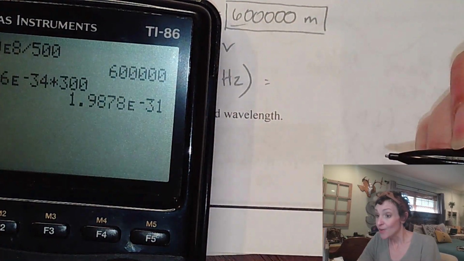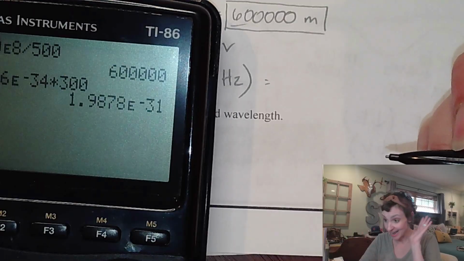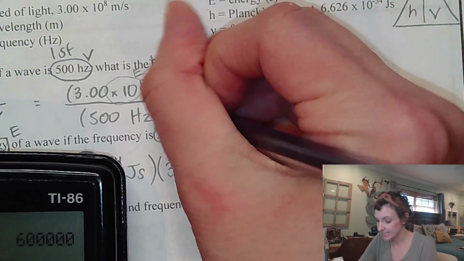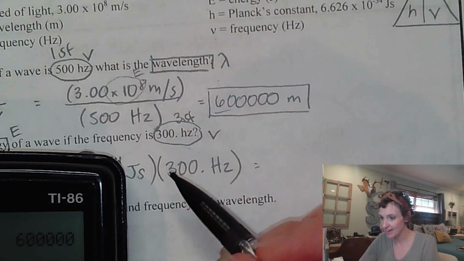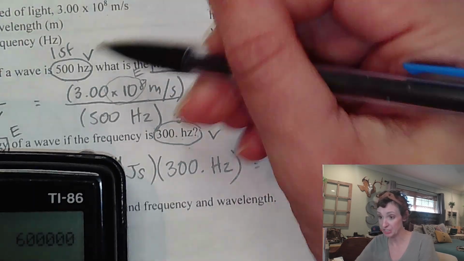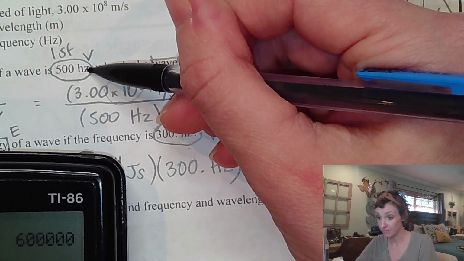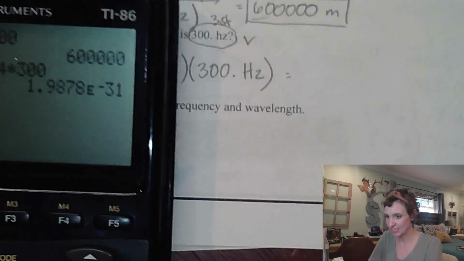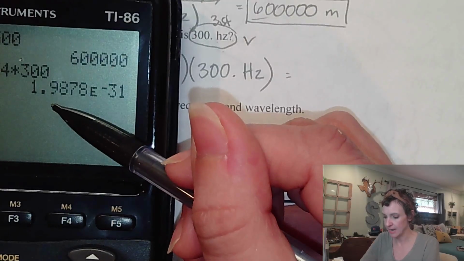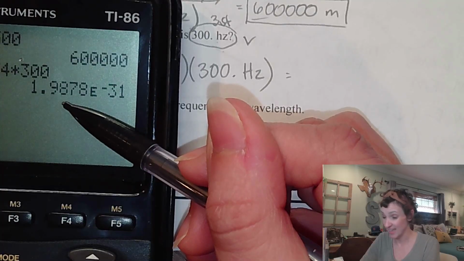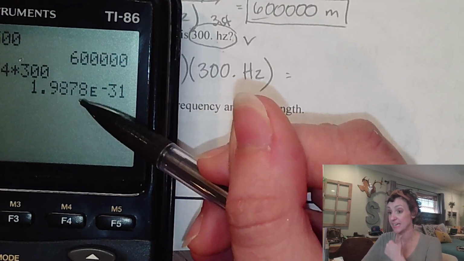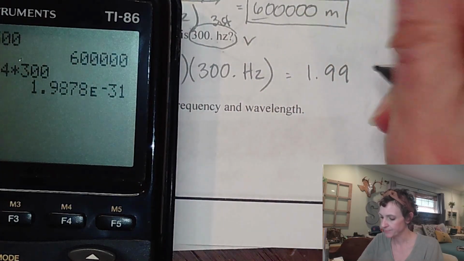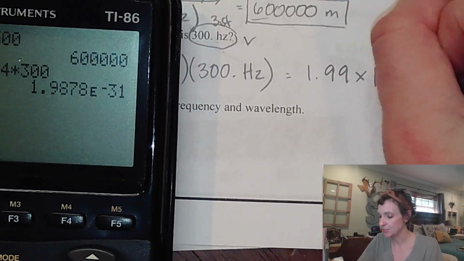Okay, now for sig figs, Planck's constant, I'm not looking at him. I'm looking at the number they gave me in the problem. That's got 3 sig figs. That decimal in that number is a very different situation than what I had in the first problem. It makes those trailing zeros significant. So looking at my answer, I need the 1, I need the 9, I need the 8, and that's it. But I'm rounding that 8 up because the 7 behind it tells me I need to do that. So I have 1.99 and then times 10 to the negative